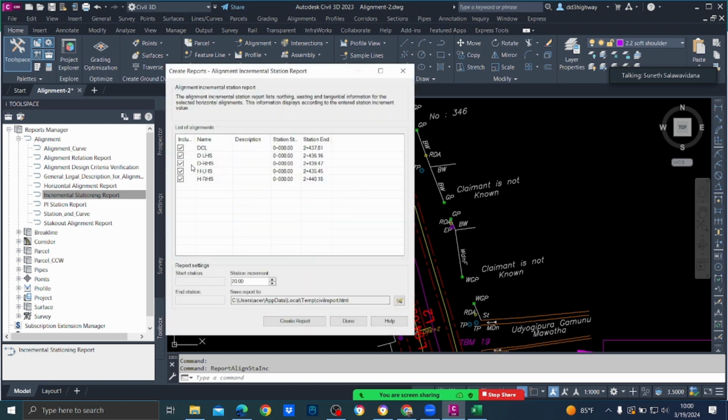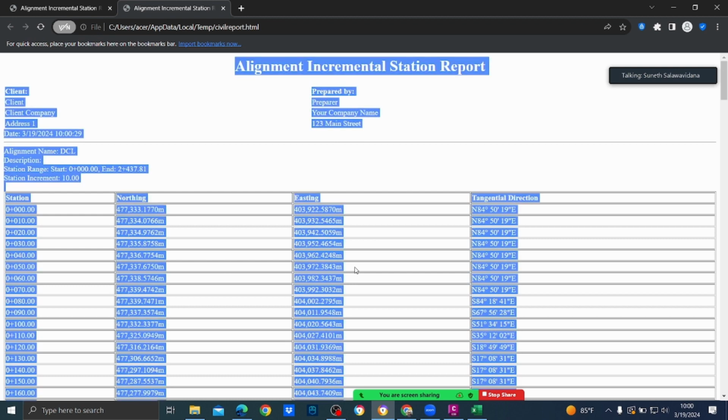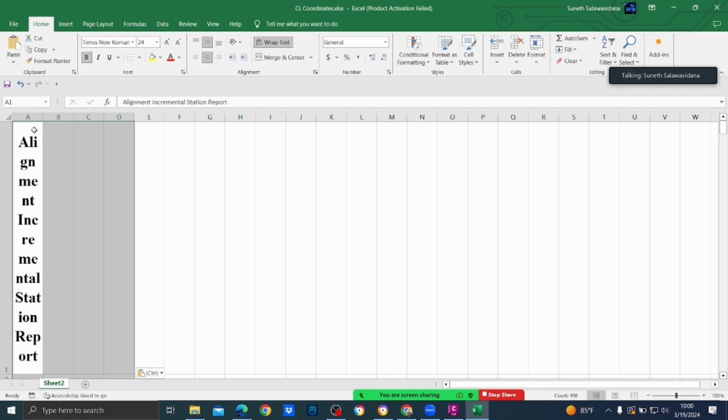Then you have to select only the required center line, that is DCL, and you have to give the station increment, that is 10 say, and press create report. Then it will be created. Control A, Control C, that is select all and copy all,